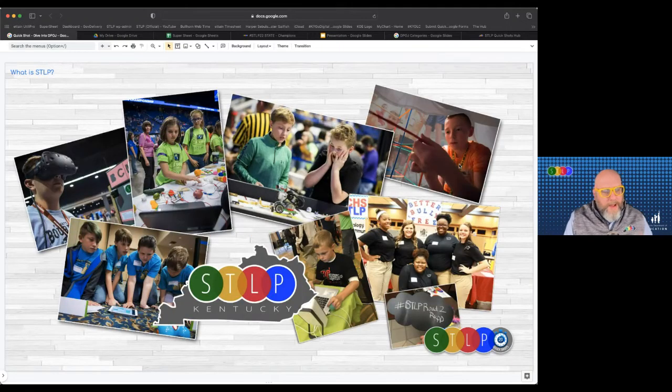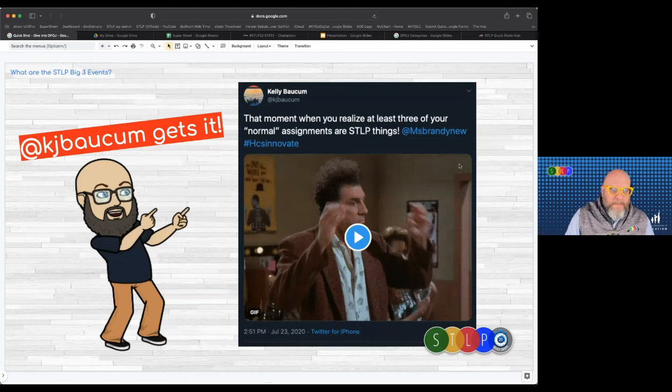Behind the scenes, the focus of all STLP is giving a spotlight so students can show what they can do. It is about vibrant learning experiences. It is about really just putting them up on stage to show off the amazing things that they're doing with the technology and skills that you are providing them at your school.